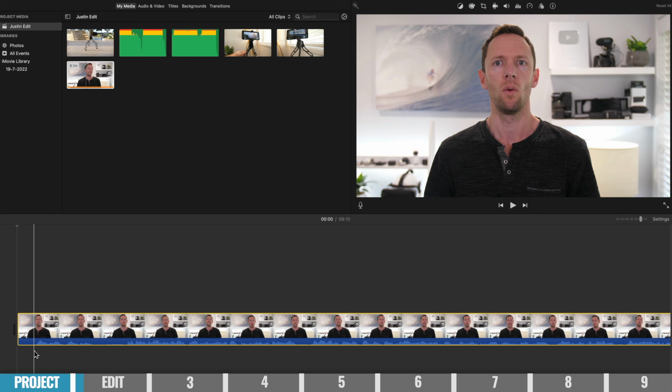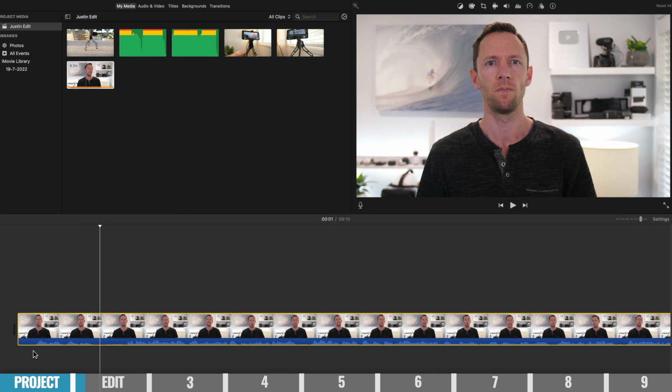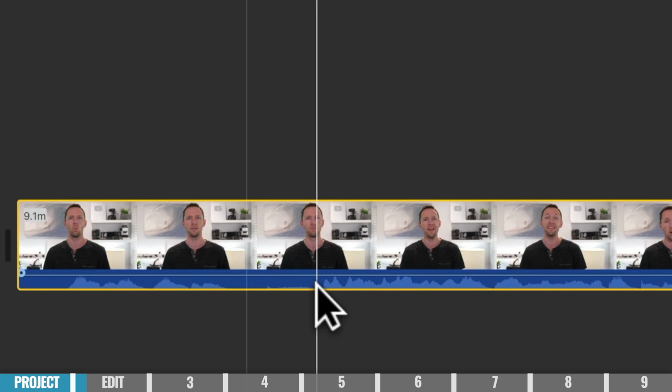So this little graph down the bottom here, where it's flat or there's nothing there, it means that there's silence. Whenever I talk or there's sound, we can see that it has these spikes. So if I play this section here now, 1, 2, 1, 2. Right, so we're not going to use this piece in our video. So we'll want to remove this 1, 2, 1, 2 piece, and we'll probably start our video back over here